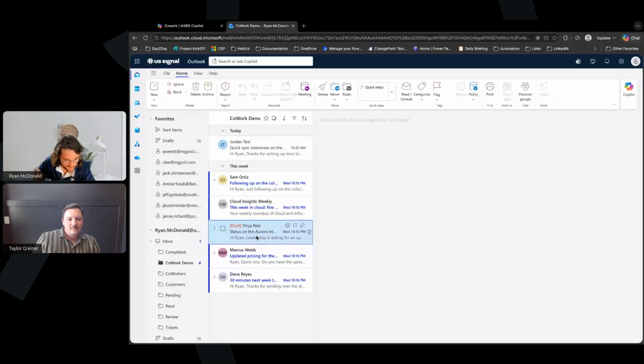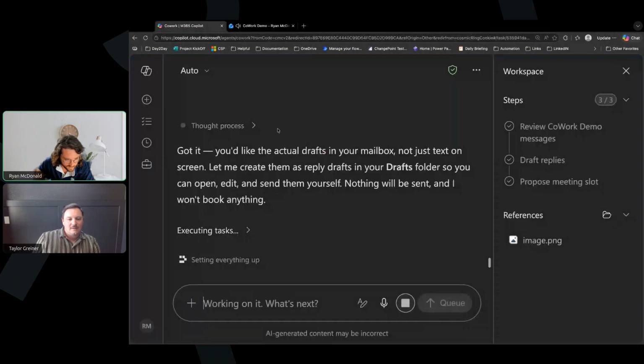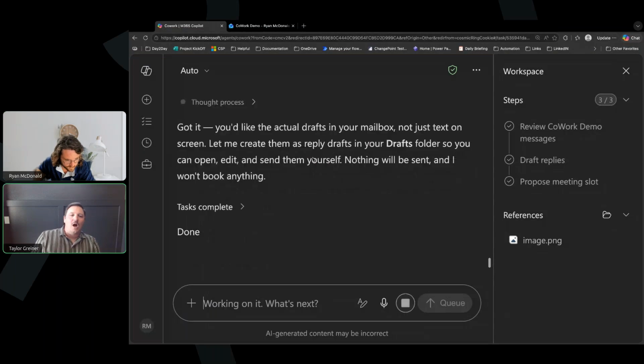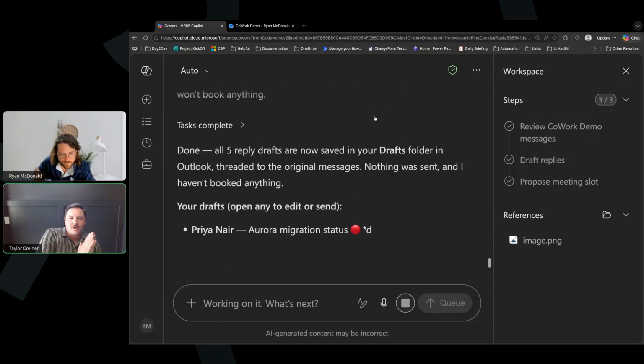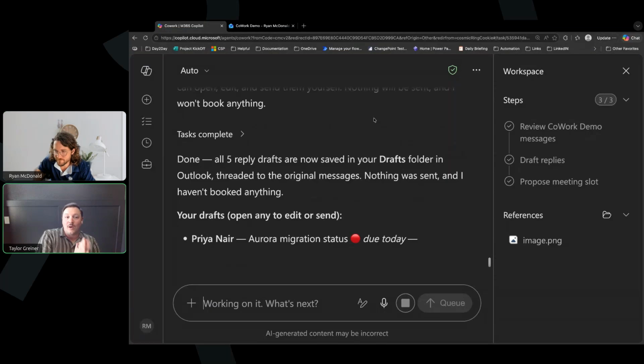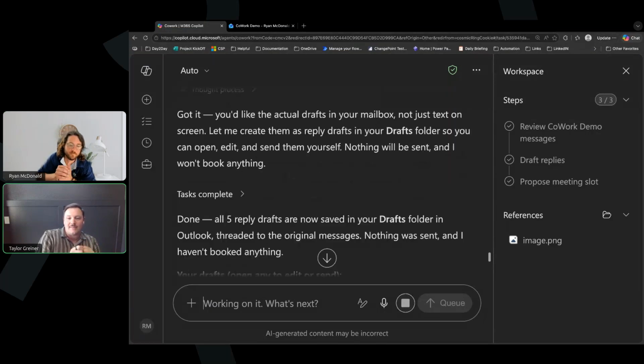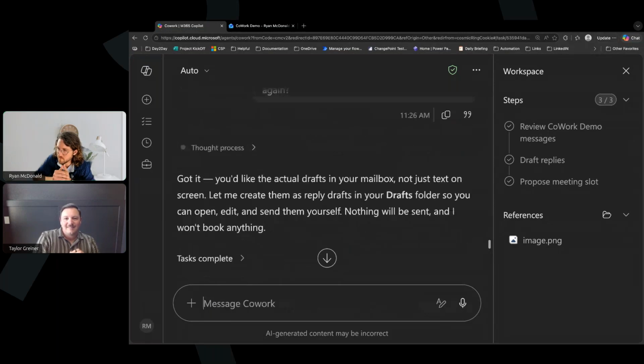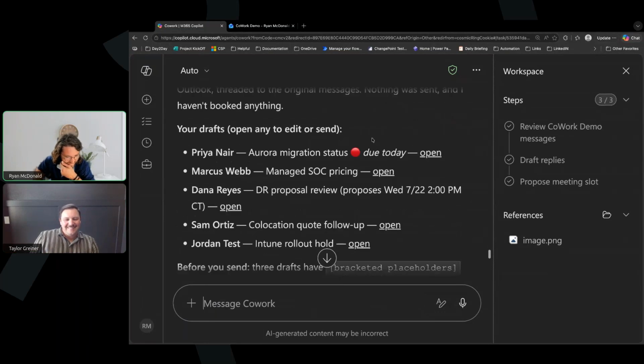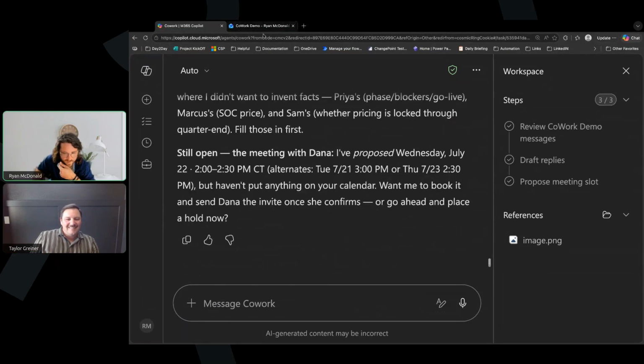All right. I think it's doing better. Oh, okay. See, this is where prompting and instructions gets really important. It created the drafts, but it didn't actually generate them in the mailbox. I heard a good comparison the other day: you told the kid to unload the dishwasher. Well, he put it all on the floor. Technically, he unloaded the dishwasher, but you didn't put it away. So, all right. Now, if we go back to our email,